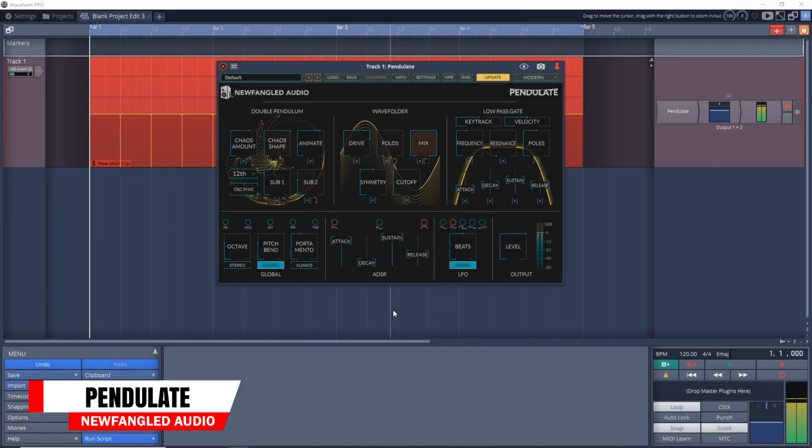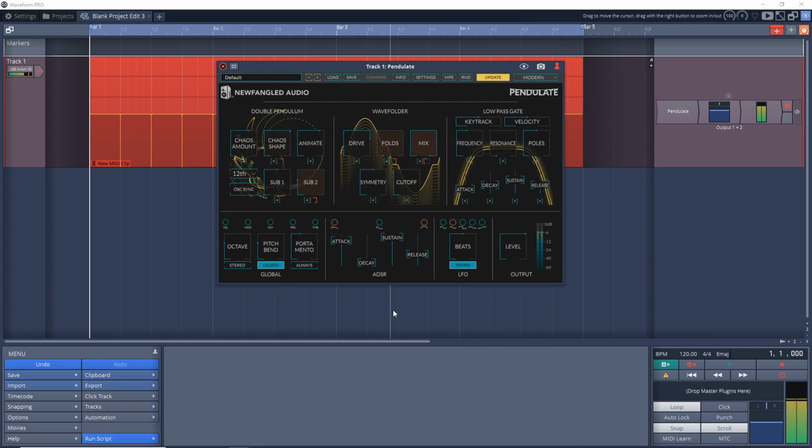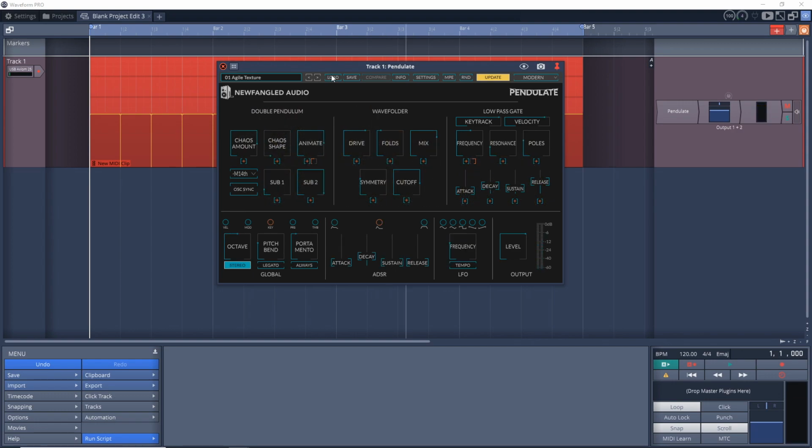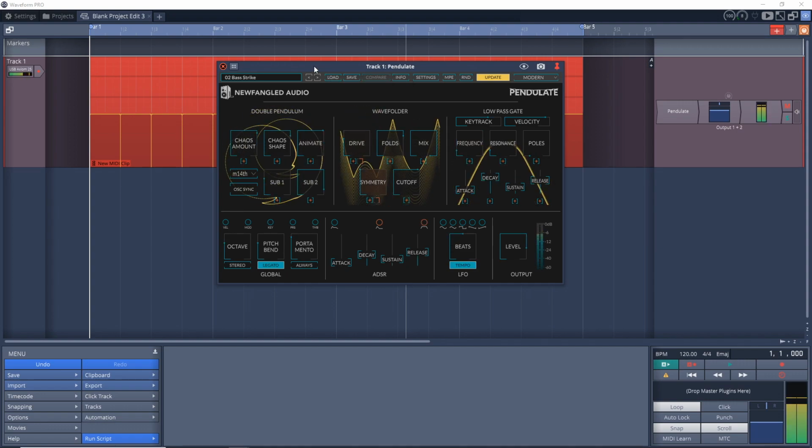Number 3 on the list is Pendulate from Eventide and Newfangled Audio. Pendulate is a monosynth that uses a new oscillator design to produce sounds different from any other synth, and it definitely has some different cool sounds in it. And if you've been bored with a lot of the same old synth sounds that some of the free VSTs offer, this one is a bit refreshing, but you can still get some of those old school analog sounds that you love. You can get Pendulate on Mac and Windows.